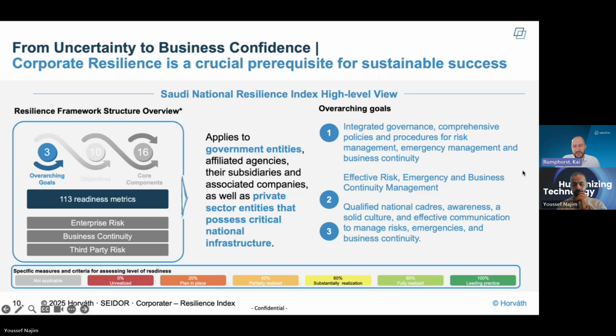As there are so many, for example, there is something about the BCM crisis management team: whether you are ready and prepared, whether you have them implemented or just designed, or actually tested and validated. This is the variety of answers you can have here, and based on that you answer the KPIs or metrics.